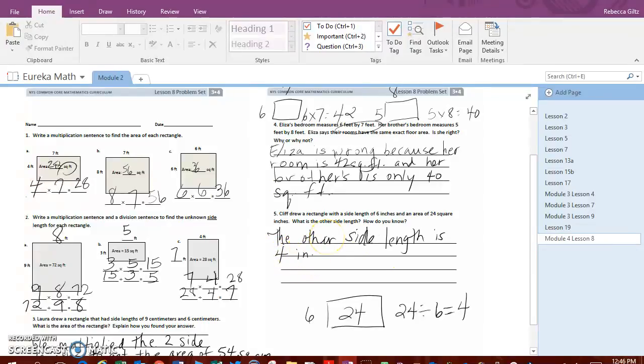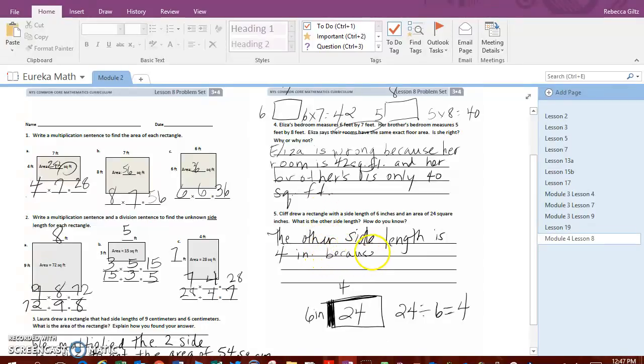inches. And if you remember from Module 1 when we were working with this, when we're talking about the side lengths, we don't use square inches because we're only talking about the length of this line here, not a whole square. And this measurement up here, which is kind of backwards from how my picture is drawn, the 4 should be shorter. We're just talking about this line. We're not talking about the squares. So we talk about the sides as inches and the area as square inches in this example. The other side length is 4 inches